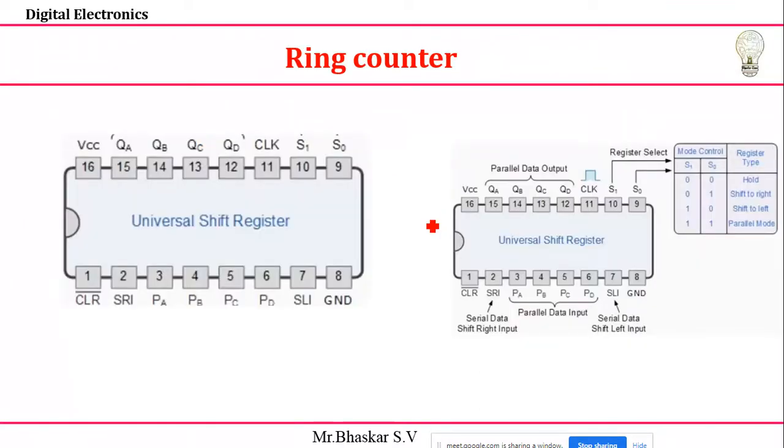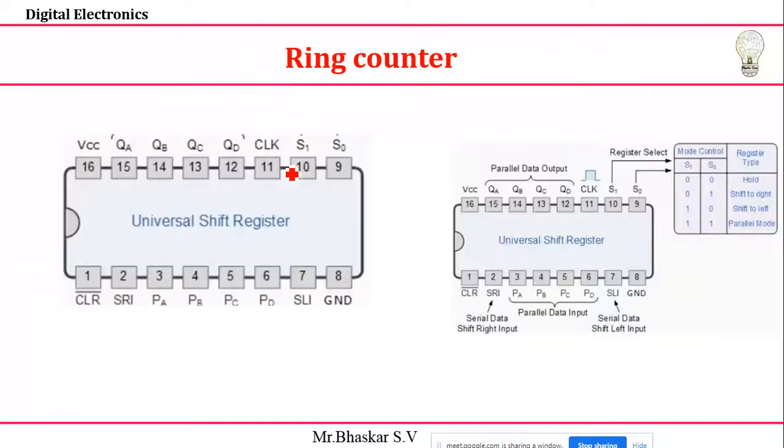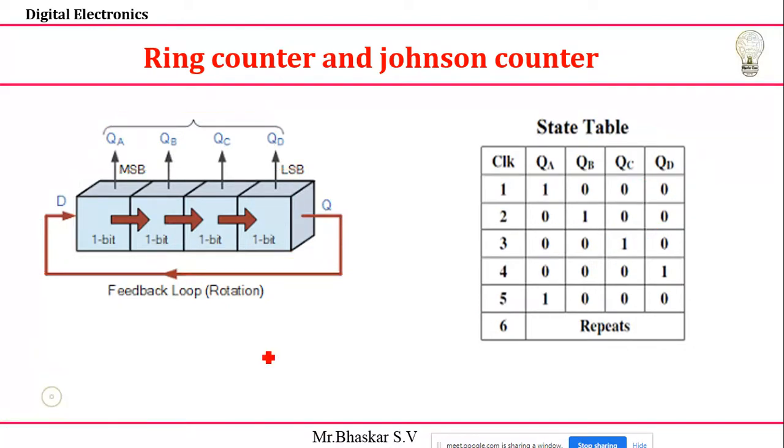So this is the IC I'm going to use, as I already explained. See, I have a QD now. If I connect my QD to QA, directly it is not possible to connect QD to QA. So I'm going to use one shift register IC now. In the shift register IC, you have one option. And second thing, carefully observe that here my data is moving to the right side. Shifting takes place on the right side, it is not the left side.